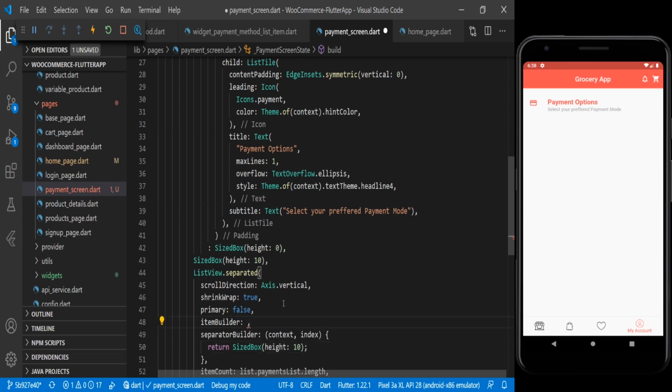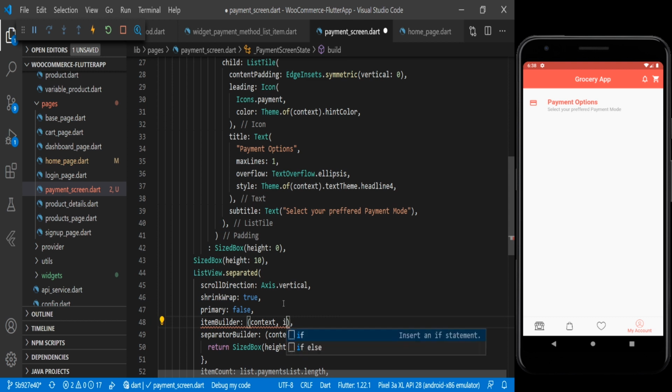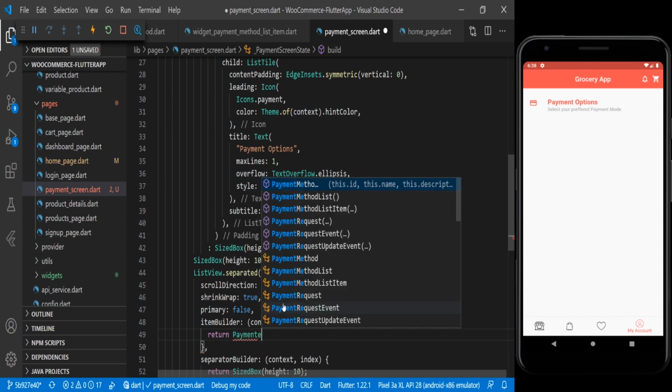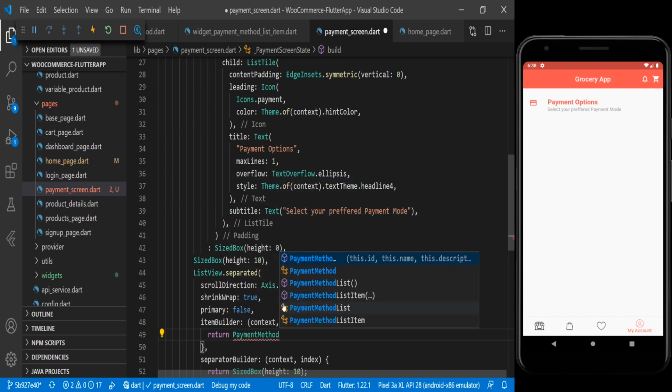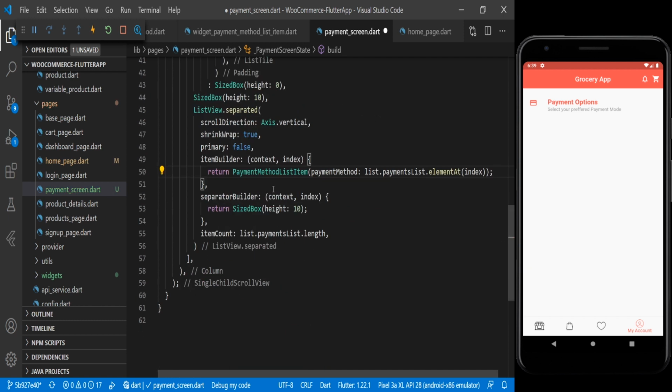For the itemBuilder we are using context, index, and here we will return PaymentMethodListItem, and here we will pass paymentMethodList.paymentMethodList.elementAt, and here we will pass that index.